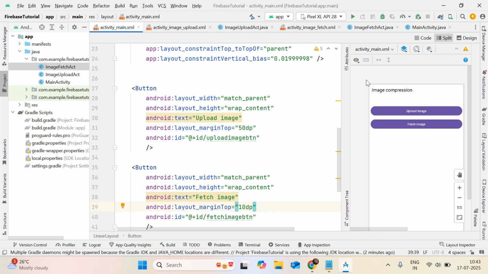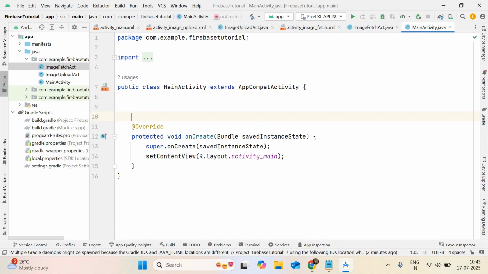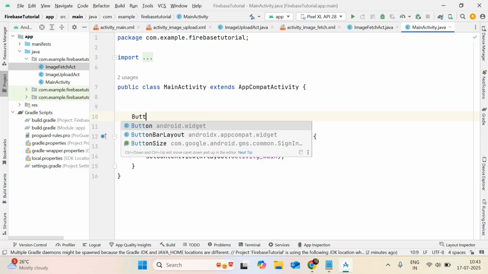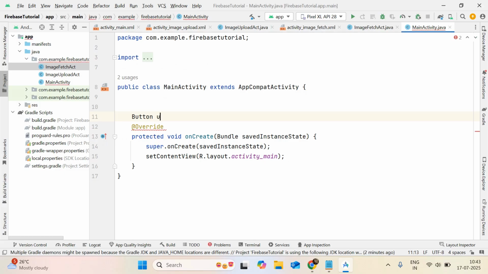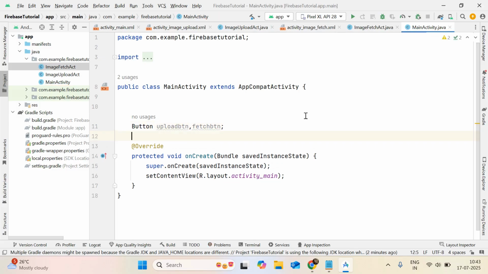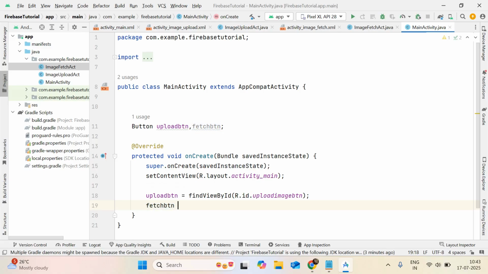So guys, now we only have two buttons, upload image and fetch image, and then I will simply open the main activity here, and declare variables of type Button, first one for the upload btn, second one will be for fetch btn, then semicolon. Inside onCreate you have to simply give the reference, which is a very important part. So simply write upload btn equals findViewById R.id.upload btn image, and then fetch btn equals findViewById R.id.fetch btn